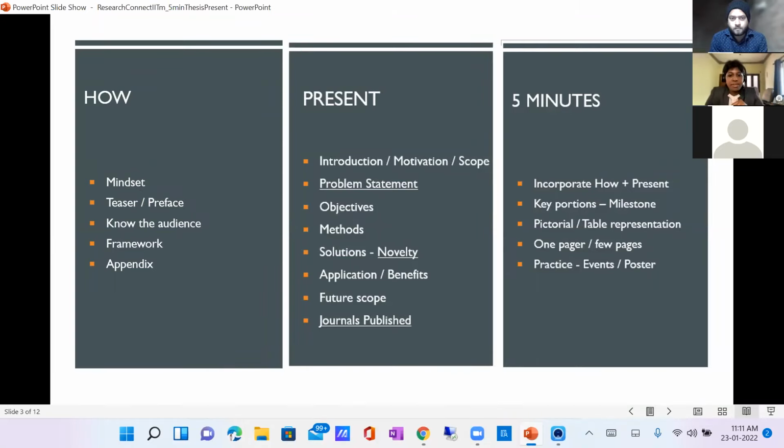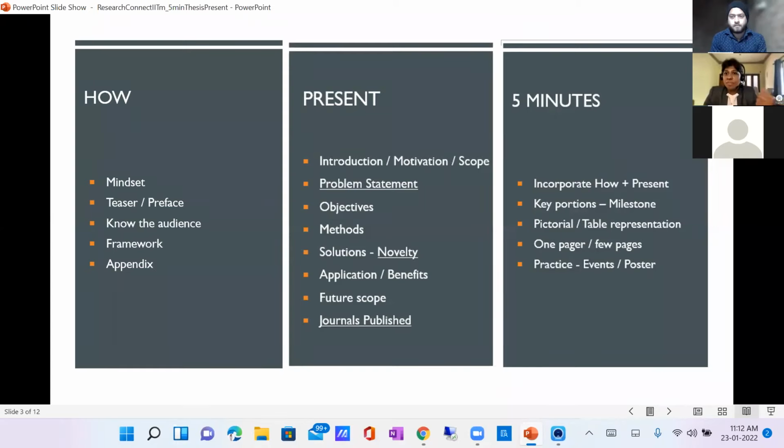Why we should know the audience? Because sometimes the people may be the academic strong person, sometimes maybe the industry strong person. So their thinking process will be a little different. How it is different is, know the audience means, if it is an academic person as the panel member, they